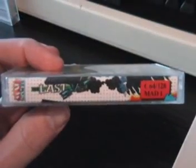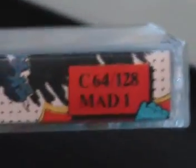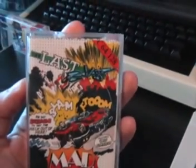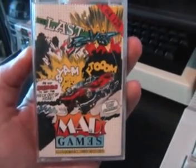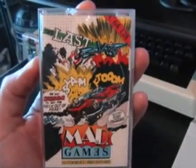Just for a change we're going to start by looking at the spine of this one, and the reason for that is to take a look here, which as you can see it's got the catalogue number MAD 1. I think it's fair to assume this was the first ever MAD release. So let's move to the front, and we've got the Last V8 logo, and we've got the original MAD game style, obviously, if it's release number 1, which is this sort of comic book style with lots of vibrant colours